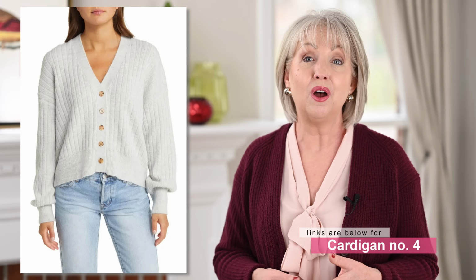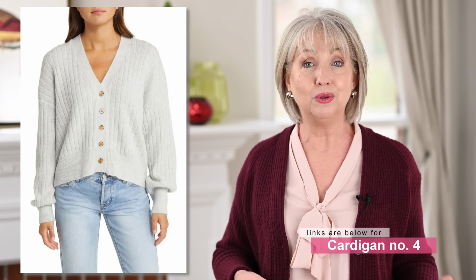But today we're really talking about how to style them as a true cardigan, so unbuttoned and wearing it over something else. So you're going to see me wear them several different ways. I wanted to show you cardigans worn with jeans, but also with fuller leg trousers and jeans, and also even a skirt I think I threw in there,